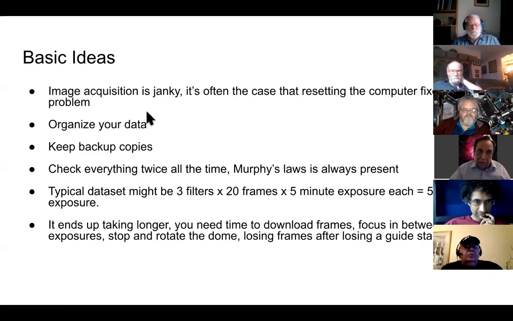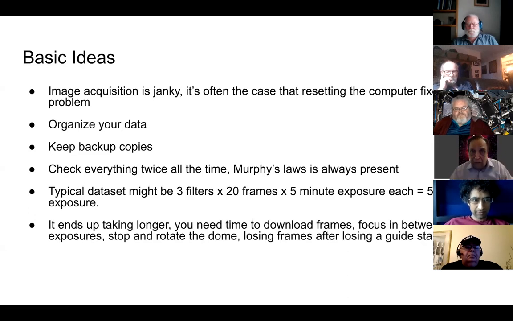Then the next step is to make sure that you know how to organize data. The data files are put into individual directories, which are well organized so that you don't lose track of them. The other thing is to keep backup copies of all your data, because there's a lot of effort which goes into acquisition of data, and if you lose it, so